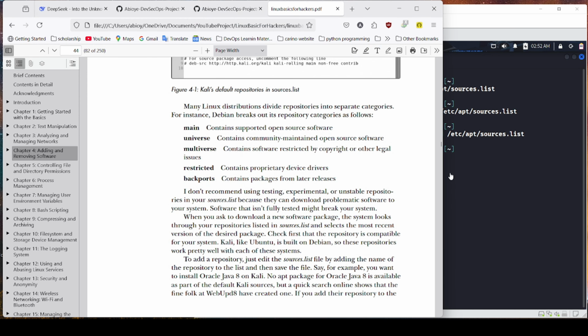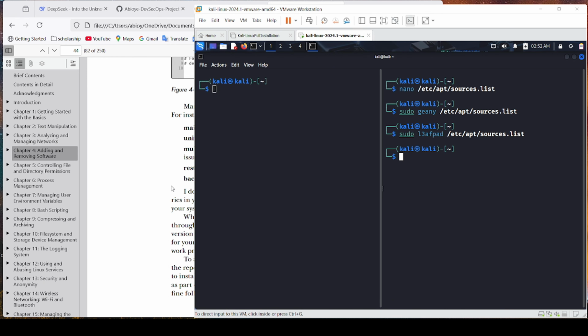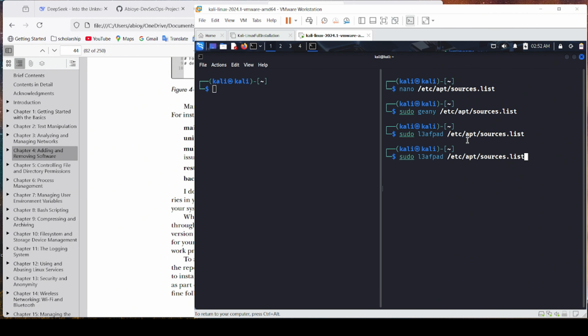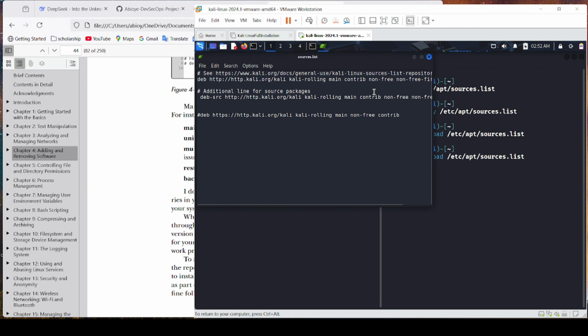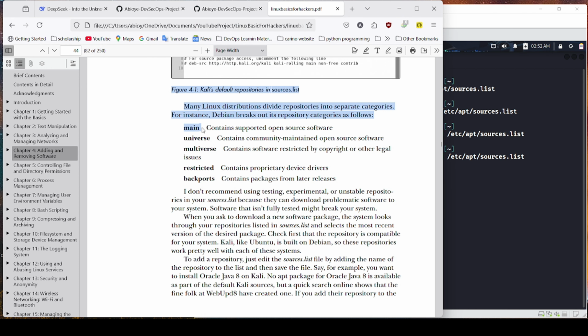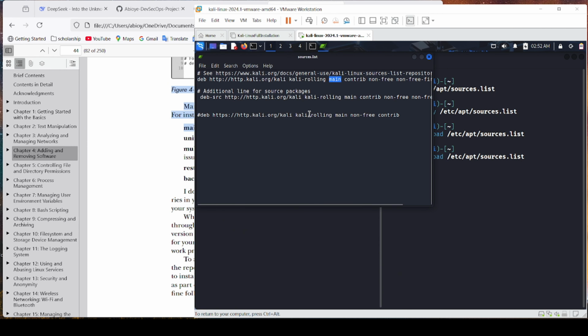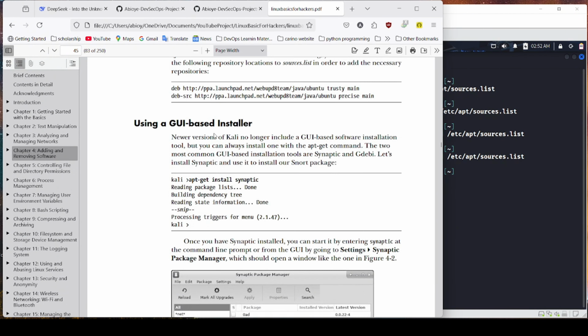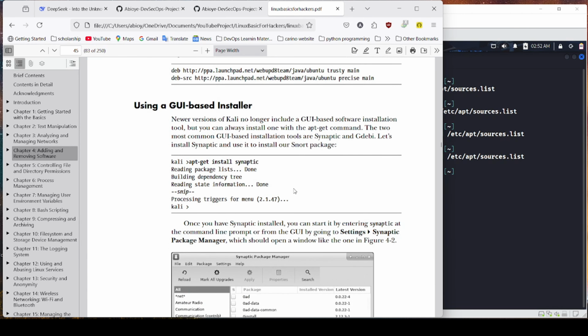And if you look at what we have here, it's deb. It talks about main universe. Let me see what we have. We have deb, but it's main. Yeah, the main contribution. So we're using main, which contains supported open source. The one we have is main. Those contributions are that. So if you come down, the GUI, I don't really think you need a GUI, but